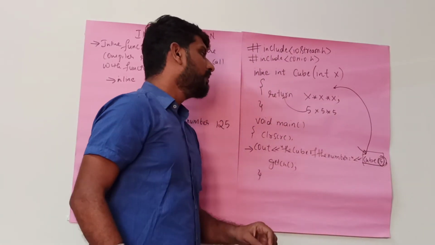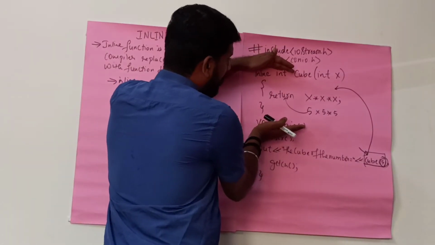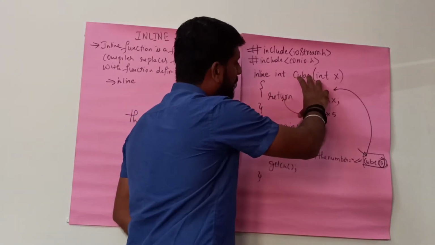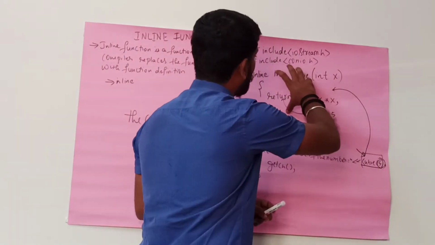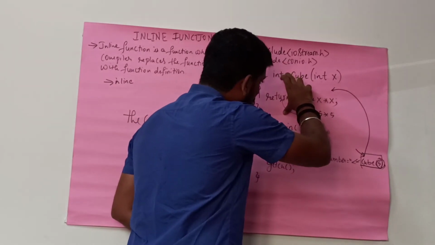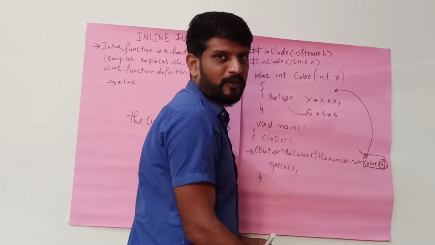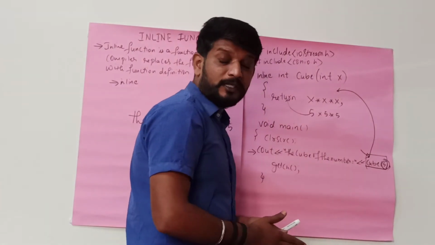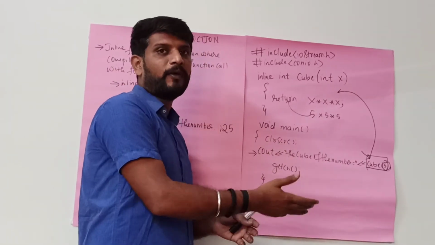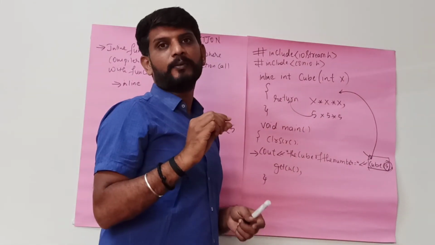Now I will tell you what exactly is the disadvantage of this. Now you have some space. Let us consider this is occupying some amount of memory. Again when you call the function, this again will be replaced with this function. So this is also occupying some amount of memory, and this function definition here also will be occupying some amount of memory. So whenever you are using the inline function, the memory occupied will be more when compared to the ordinary program. Since it is a smaller program, a lesser amount of memory will be occupied.